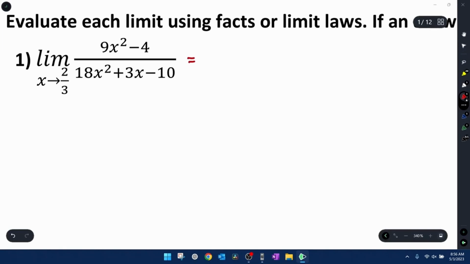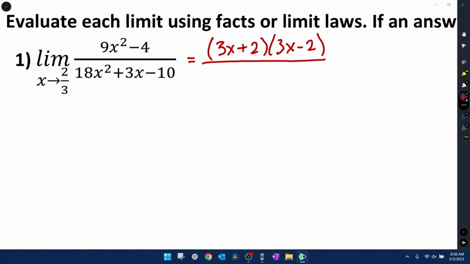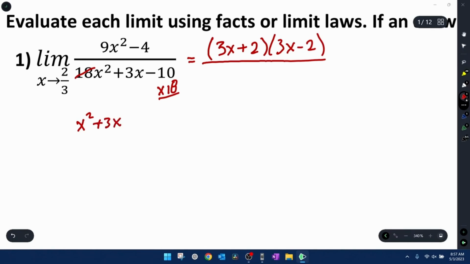What we notice in the numerator is that we do have the difference of squares. So we're going to try factoring the numerator. That's going to give us 3x plus 2 and 3x minus 2. And in the denominator, we have a trinomial with a lead coefficient. The technique that I teach my students to factor those is the 3R method. So the way that that works, we're going to take the 18 and remove it, and instead multiply by the 10 at the back. That'll give us x squared plus 3x minus 180,